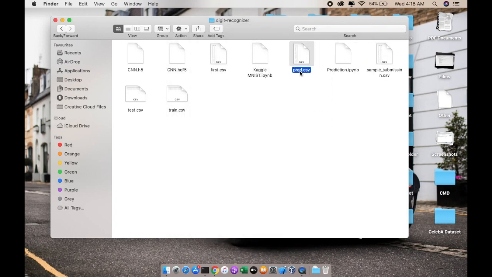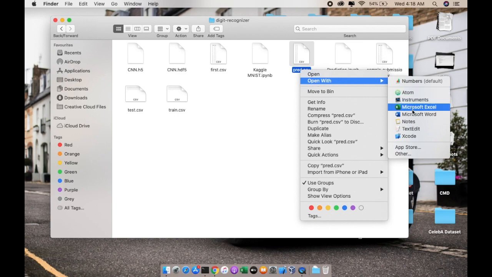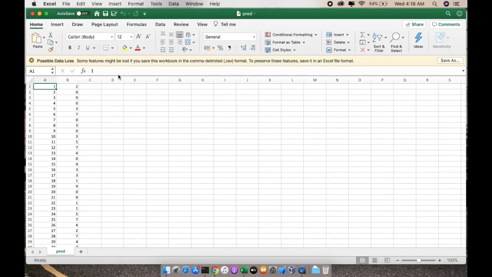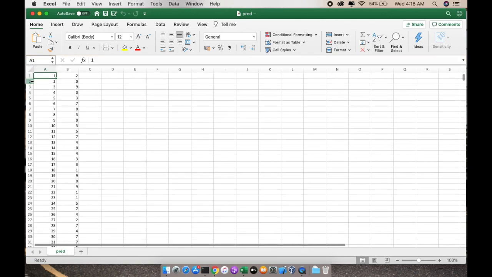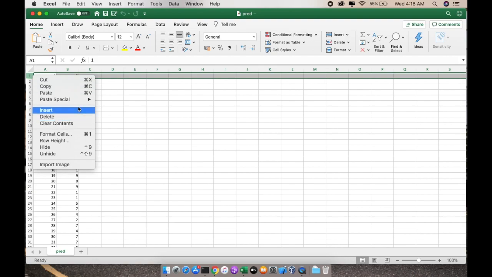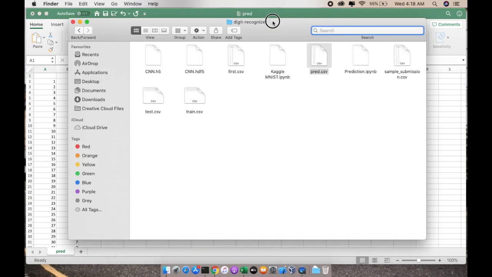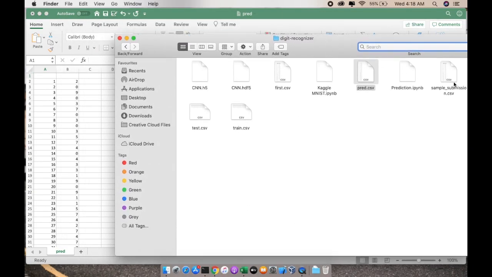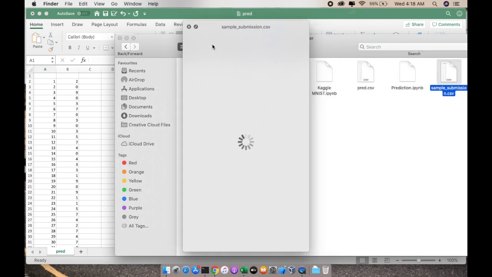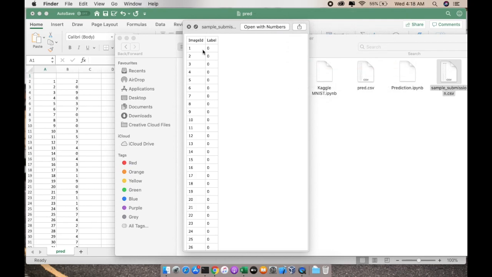So let's open this with Microsoft Excel. We'll insert one cell above and write the names of the columns. The first name is image underscore id, then label.